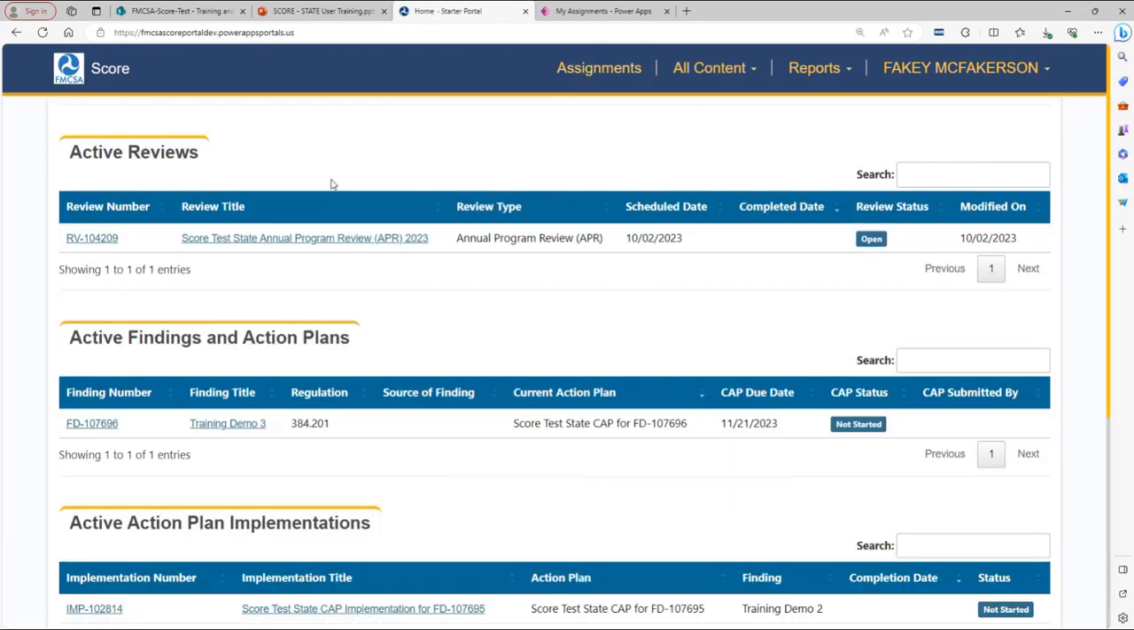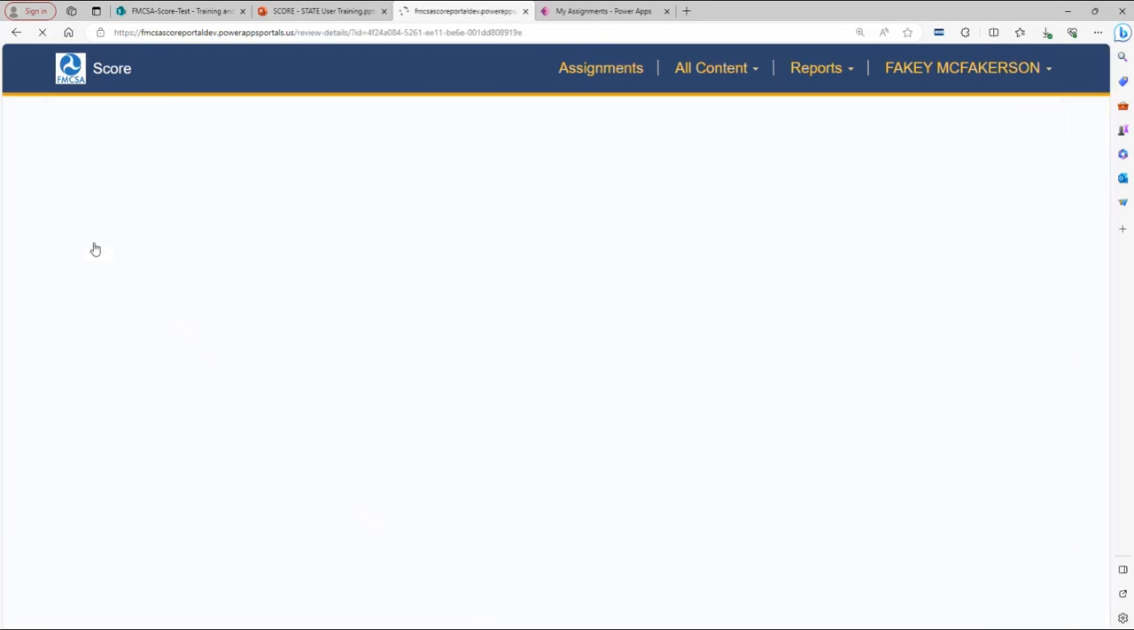Your assignments dashboard shows everything that has been shared from FMCSA to you. Under active reviews, you get your reviews table. You'll be able to see the review number, review title, review type, schedule date, completed date, status, and modified on. If we click into this review,